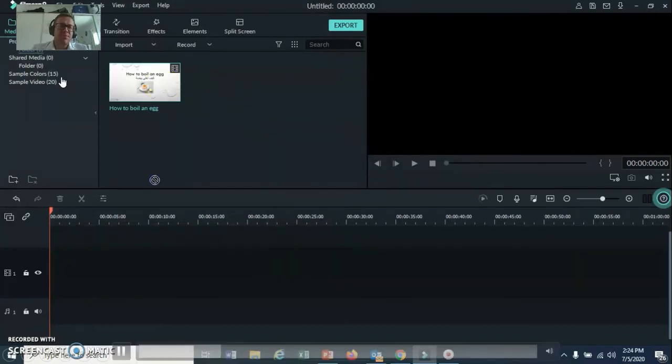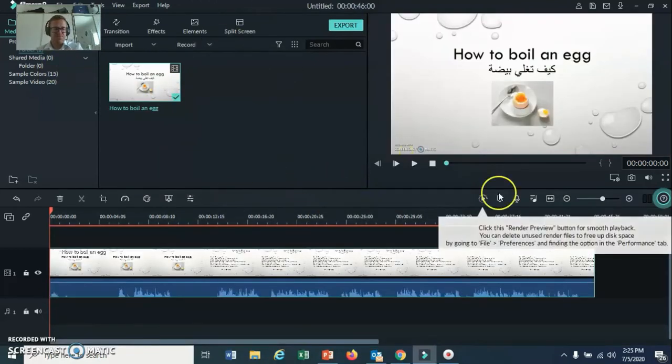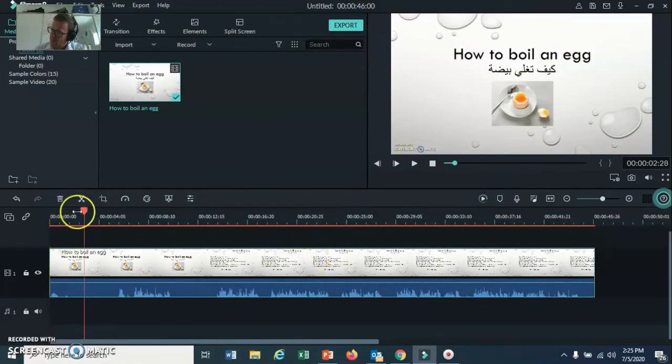That now puts it here. It's not on yet. I need to drag it into here to make it. Again, you'd have to watch tutorials on this. If you wanted to edit something, then you can do various things like trim it here, trim things at the end. The only thing I want to do here is just add a bit of music,